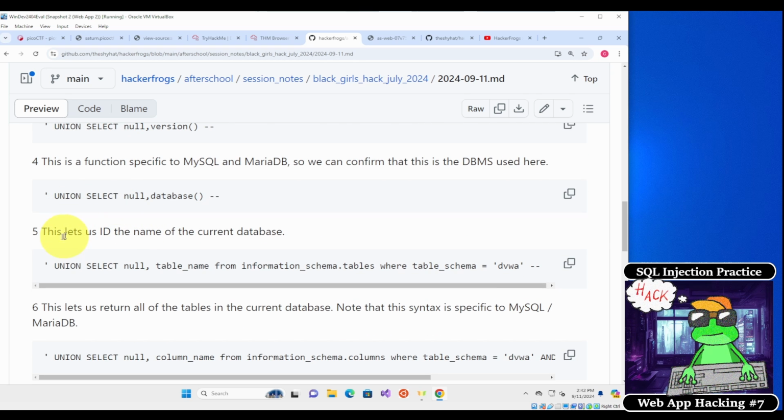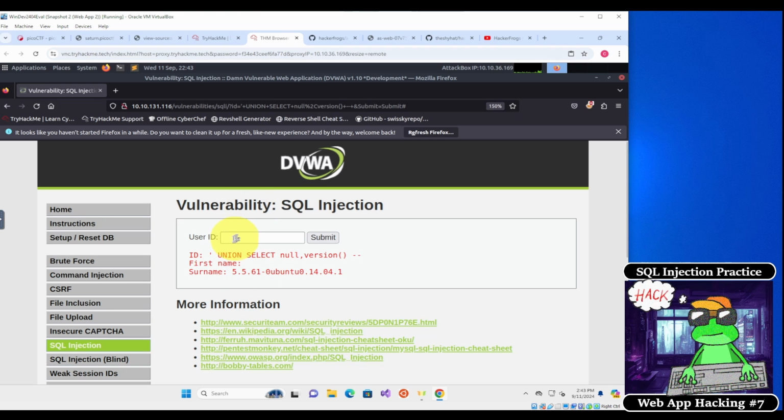So the next thing we're going to do is get the name of the current database. Sometimes these systems have many databases in them, so we need to get the name of the current database before we can go on. Underneath number 4, there's this code right here. Just copy that. This one also doesn't have the trailing space, so we're going to have to put it in ourselves. So back here, paste it in, make sure we have a space at the end after the double dash, click on Submit,